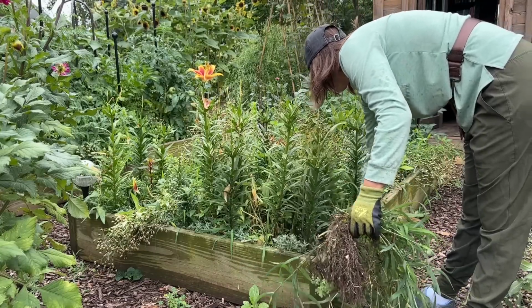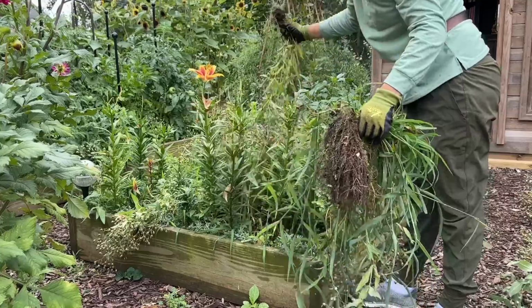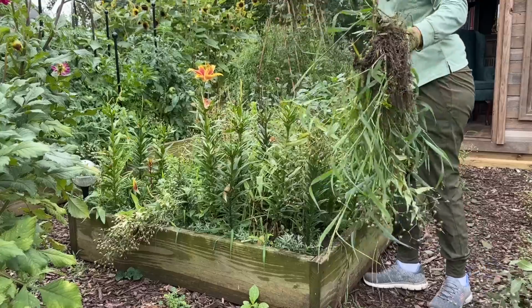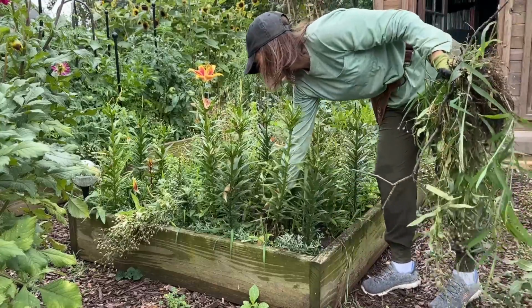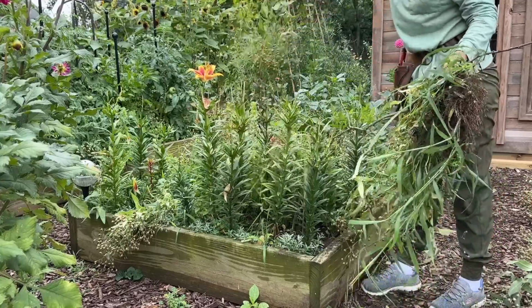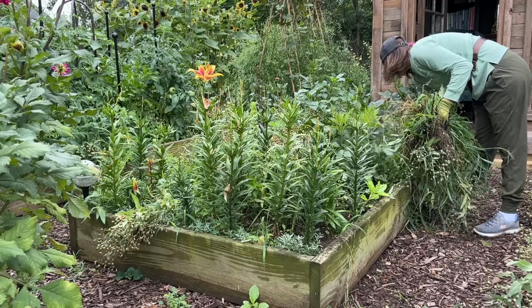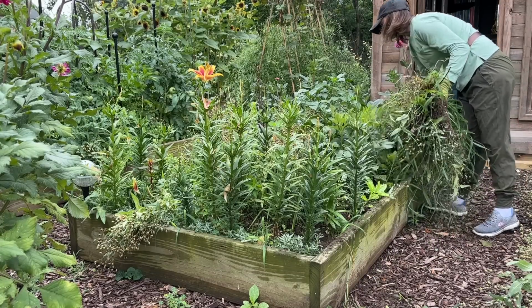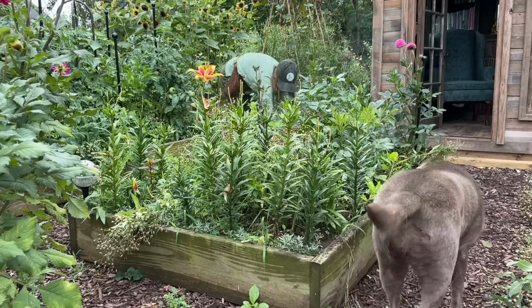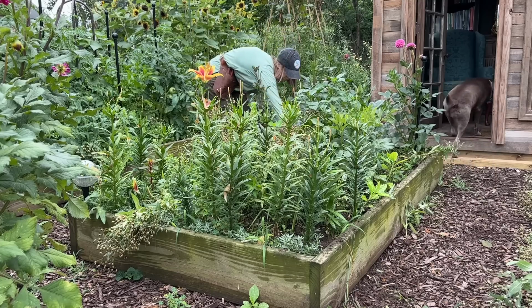I think it's important too, if you don't really like a gardening job and it's a big job, divide it into sections. So today I'm just going to tackle 3 raised beds and then I'm going to call it a day and come back out here tomorrow for another hour and a half and tackle another 3 until the job is done. But sometimes the weeds get out of control. It's okay, it happens. I'm ready to take back these raised beds,